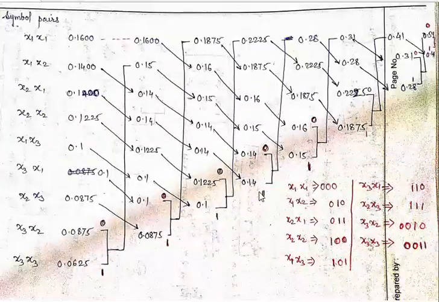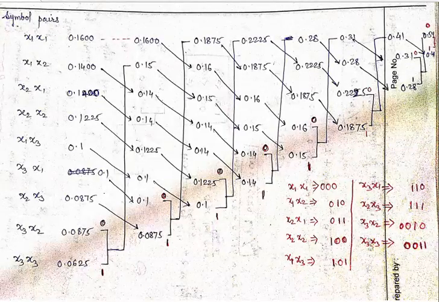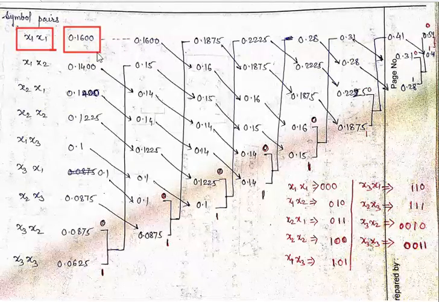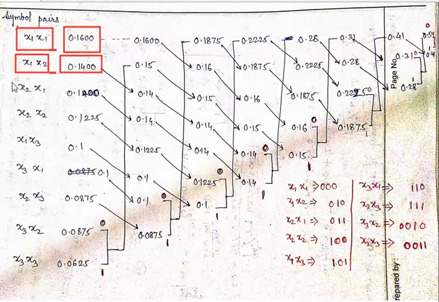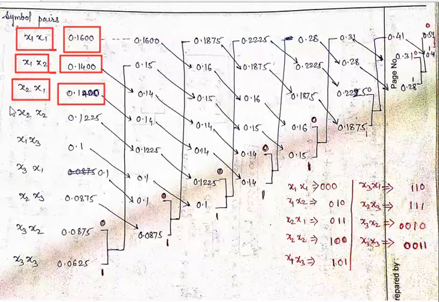Now we have combined here the probabilities. This is where you can find out the probabilities are being combined. It means it will be like this: x1 x1, when we combine 0.4 into 0.4, it will give 0.16. Similarly, x1 x2, the combination will be 0.14. x2 x1 is the same as x1 x2, only the thing is we are varying the contents, means x1 x2 and x2 x1, like that.